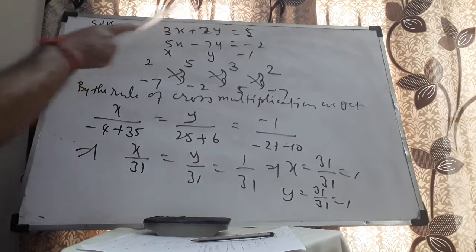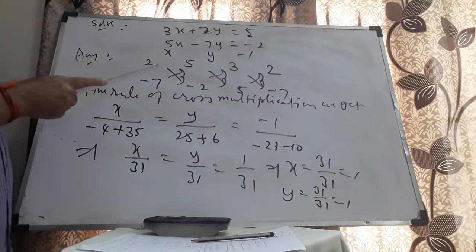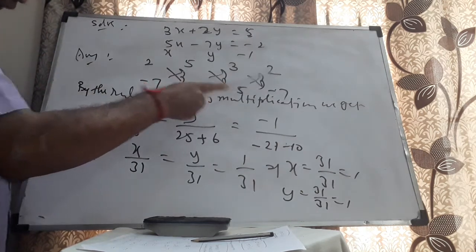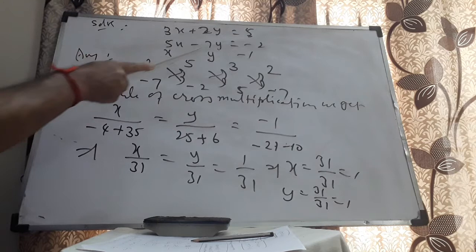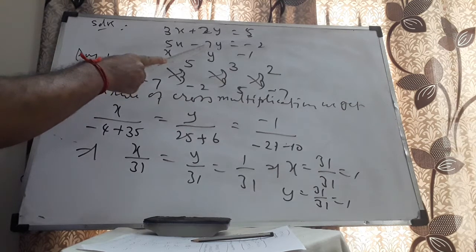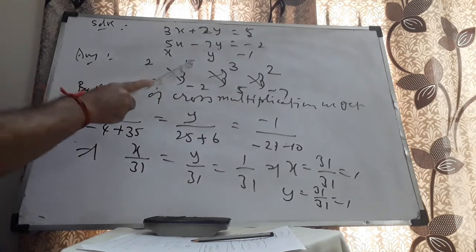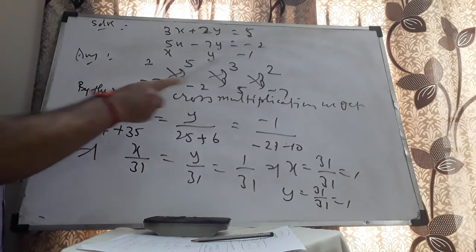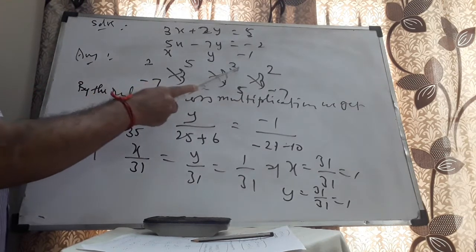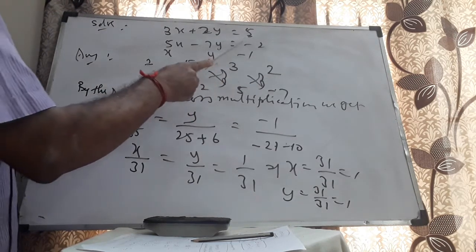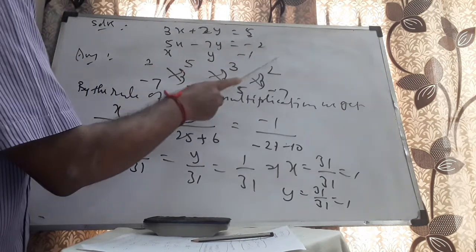Let me repeat. I'll start writing the middle coefficient of the first equation: 2, 5, 3, again 2. I'll start writing the middle coefficient of the second equation: minus 7, minus 2, 5, again minus 7. Write x in between the first 2 entries. Write y in between the second and third entries. Write minus 1 in between the third and fourth entries, provided the constants are on the right hand side.